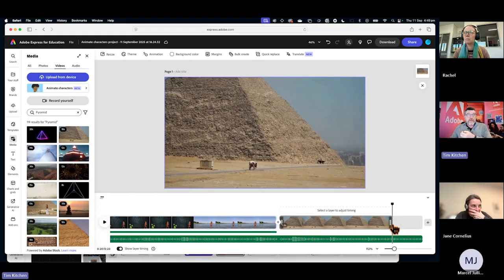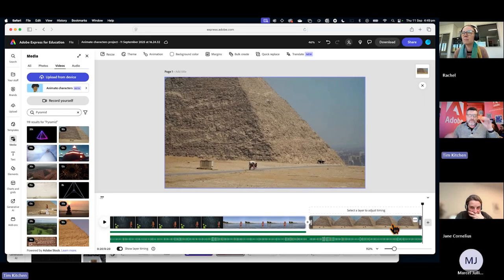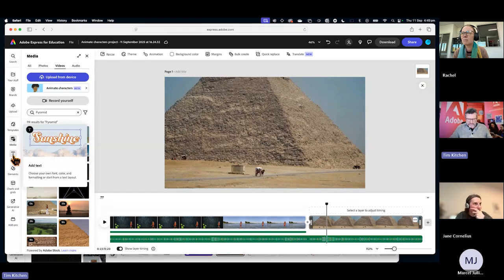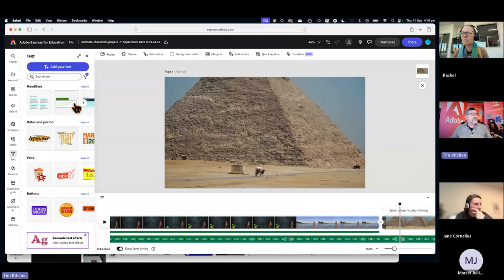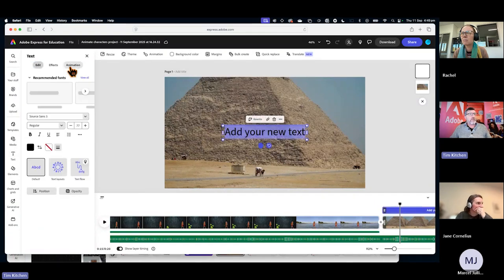And the only other thing that we haven't done yet is to actually bring in some titles or some text. And that's as simple as going across to the text tool on the left. By clicking the text tool, we can add our text by clicking the blue button at the top. And I'll just type in tomb site. Once you've typed in what you want the text to say, you can go to town with that on the